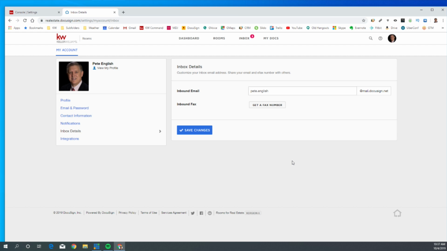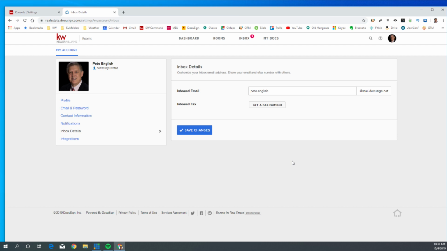So when we put a listing in now, instead of putting our email as kw.com, should we put it in as Docusign? Depends. The challenge you have is sometimes you're going to communicate with another agent via email, and sometimes you're going to want documents to come. So I can't answer your question for you. You just have to know that you have two different email addresses and when to play that card. Because if you have a conversation with another agent and they are going to email you documents, then you say, let me give you a different email address. And you say, send it to Docusign